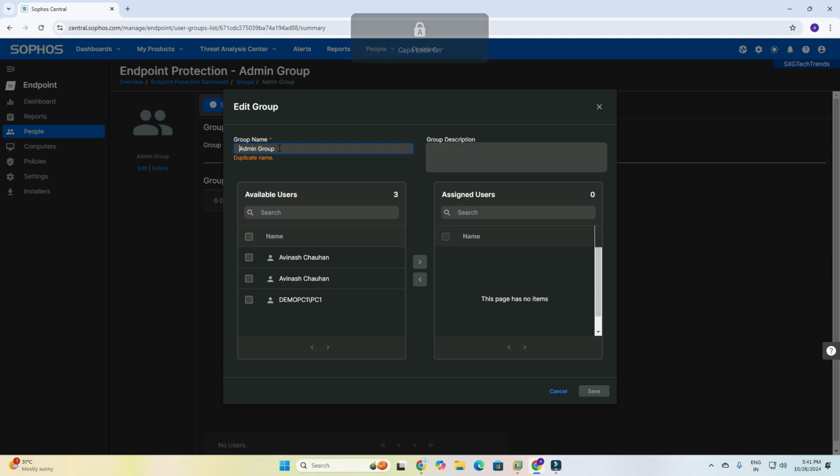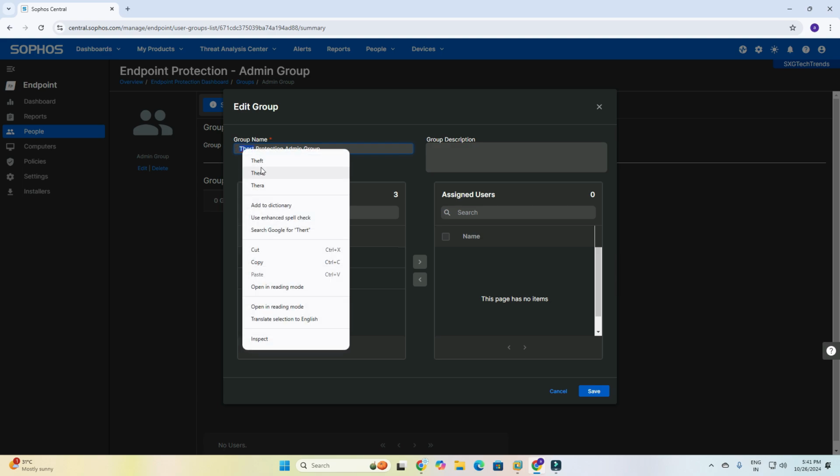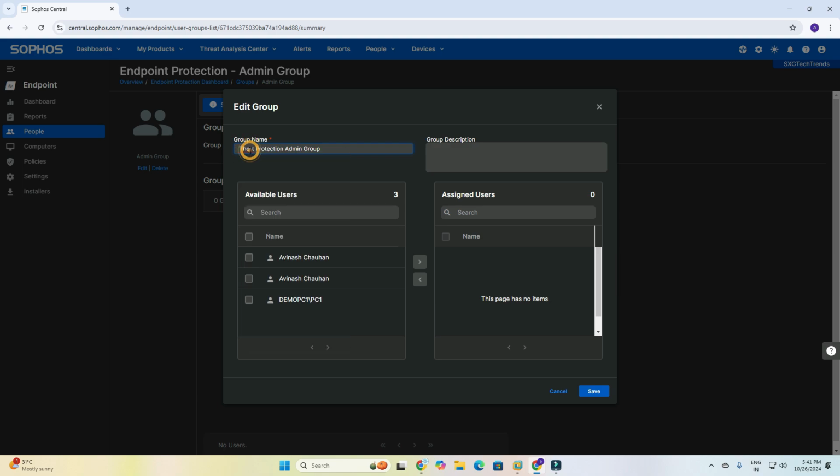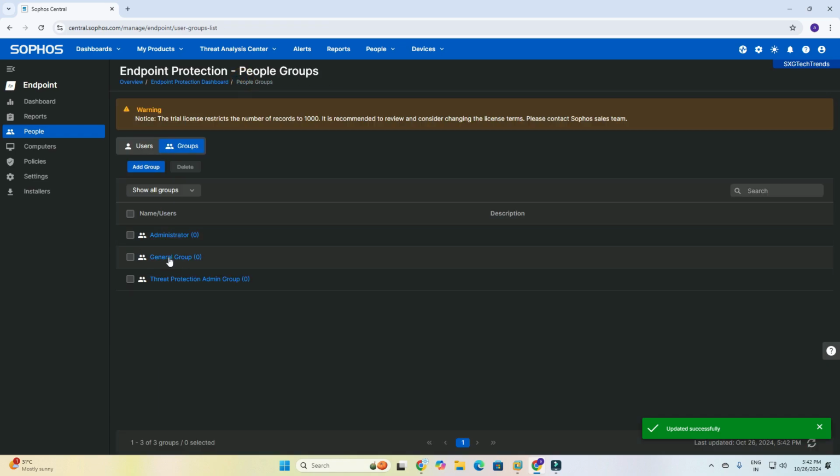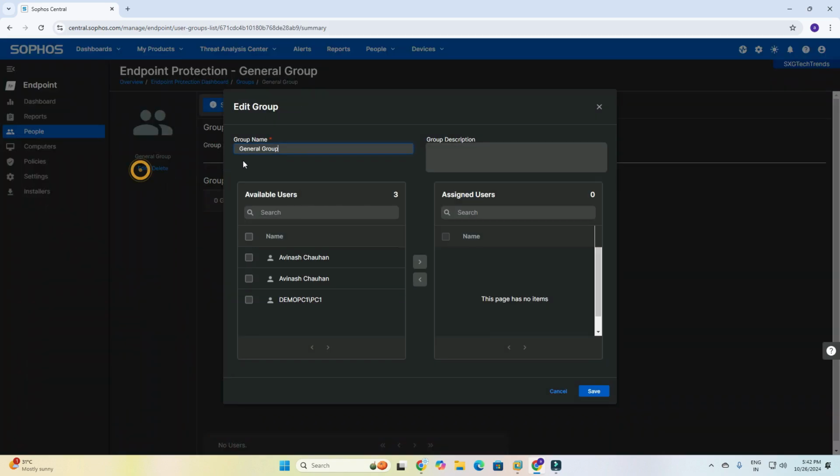So then we need to add one prefix here, threat, and I have copied this one, threat production group. I have copied it and then clicked on save, so that we can understand which group belongs to which. That's why I am renaming here. You can create like this, then you can understand better.